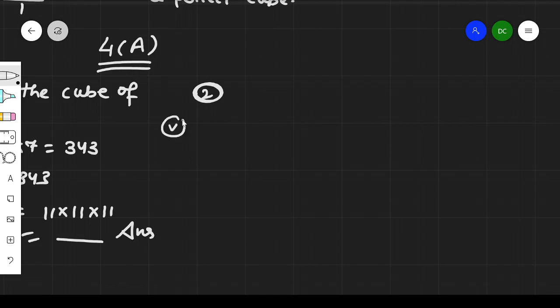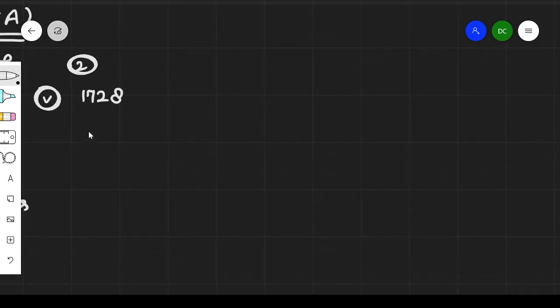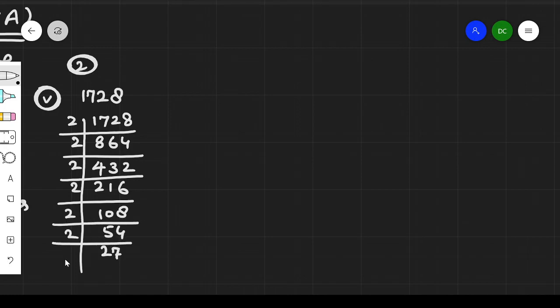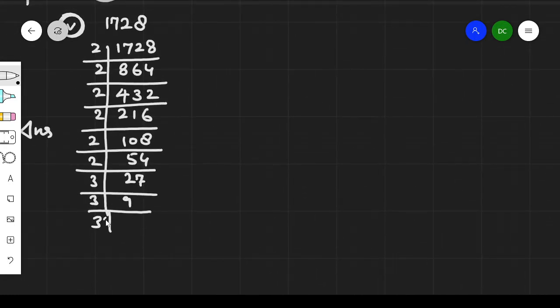Let us take one example of fifth one, 1728. Any number if you have and you have to check whether the given number is a perfect cube or not, we will find the prime factorization of the given number. 2 8s are 16, 2 6s are 12, 2 4s are 8, 2 4s are 8, 2 3s are 6, 2 2s are 4, 2 2s are 4, 2 1s are 2, 2 6s are 12. Now 2 1s are 2 and 2 8s are 16. 2 5s are 10, 2 4s are 8, 2 2s are 4, 2 7s are 14, and now 27 we have, so 3 times 3 we will get. Okay, I hope everyone is clear with this.